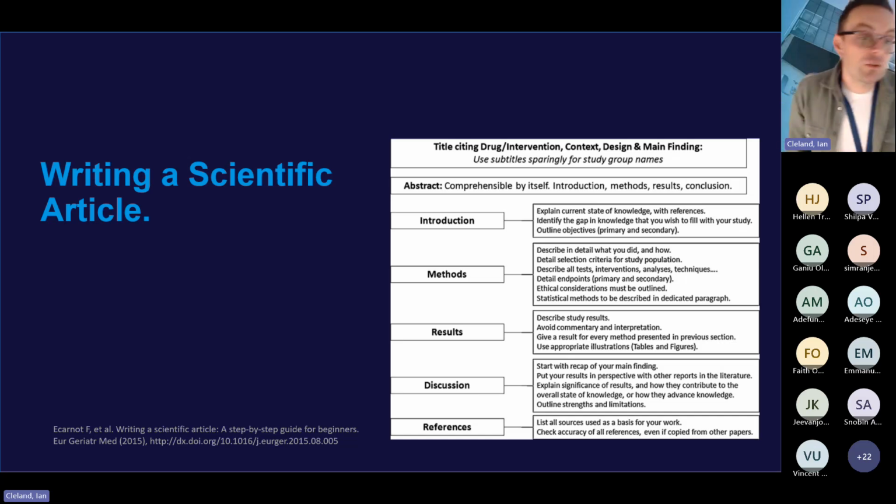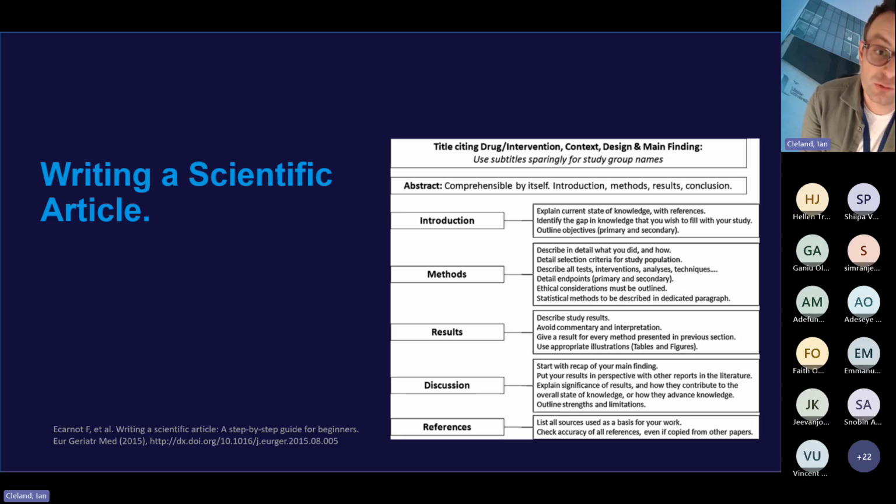So if this is your first time doing scientific writing like this, although I know these sorts of IEEE reports are used quite commonly now on our MSc program, that sort of structure is quite a standard scientific structure for scientific articles.